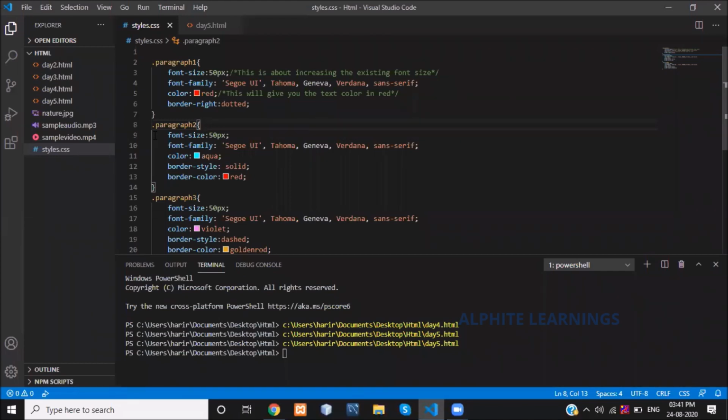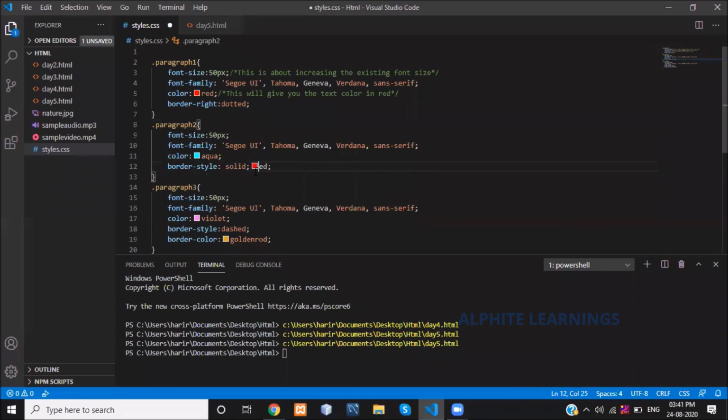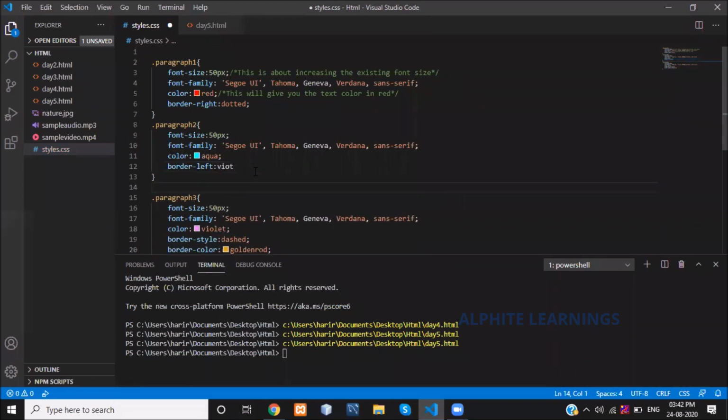To differentiate this, I'm adding this to some other paragraphs. I'm giving border-left, violet.